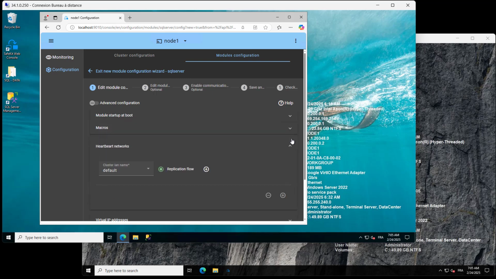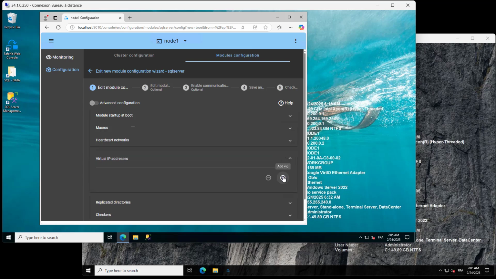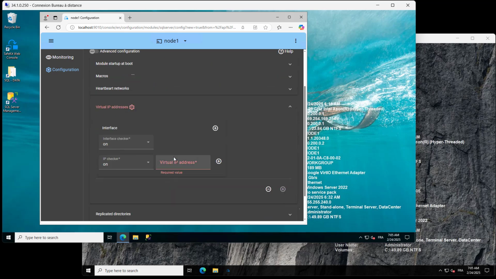Opening the Heartbeat panel reveals a single heartbeat for this module, supporting replication. With a private network configured in the cluster, 2 heartbeats could be set up, allowing replication on a dedicated network and better behavior during main network isolation. You can now define a virtual IP address. This virtual IP address is a third IP address that must be set in the same network as the 2 physical IP addresses of the 2 nodes. In a mirror module, the virtual IP will be set on the network interface of the primary node as an alias IP address. Clients will connect to the virtual IP and will be routed to the primary node.